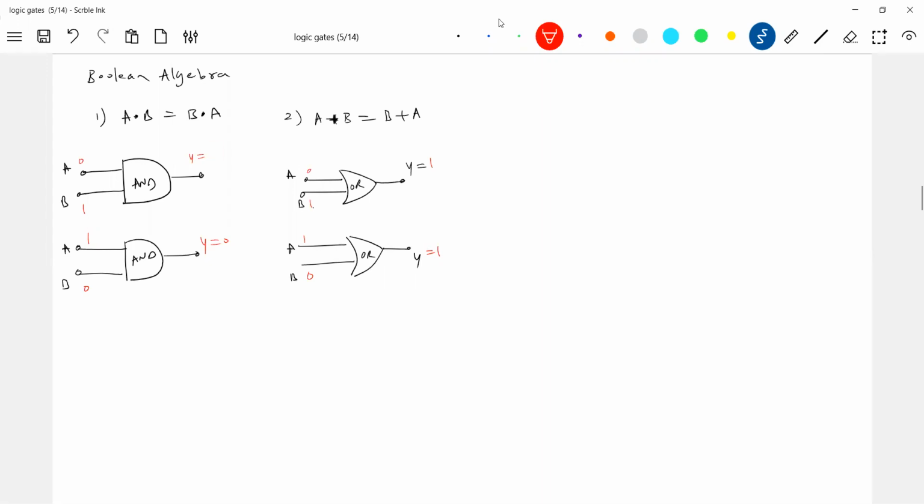So what is this? I think I'll write it here. Some of you are getting confused. Sir, what do you mean by that? Y1 is equal to A dot B, and both are equal to 0, logic 0. So therefore, I'll bring the proof like this. Y1 equal to Y2. According to us, A dot B equal to B dot A. What is Y1? A dot B. What is Y2? B dot A.